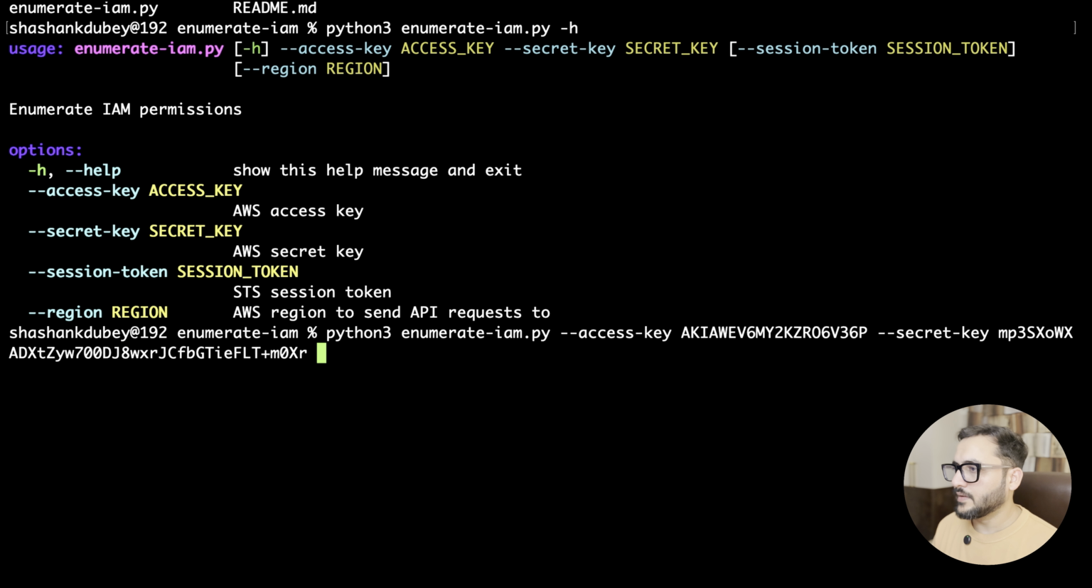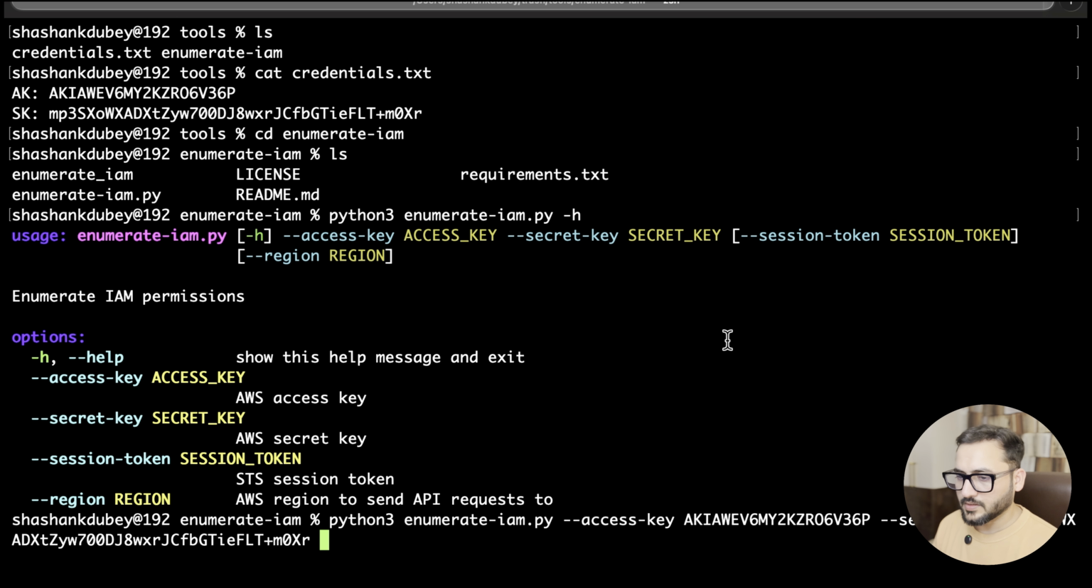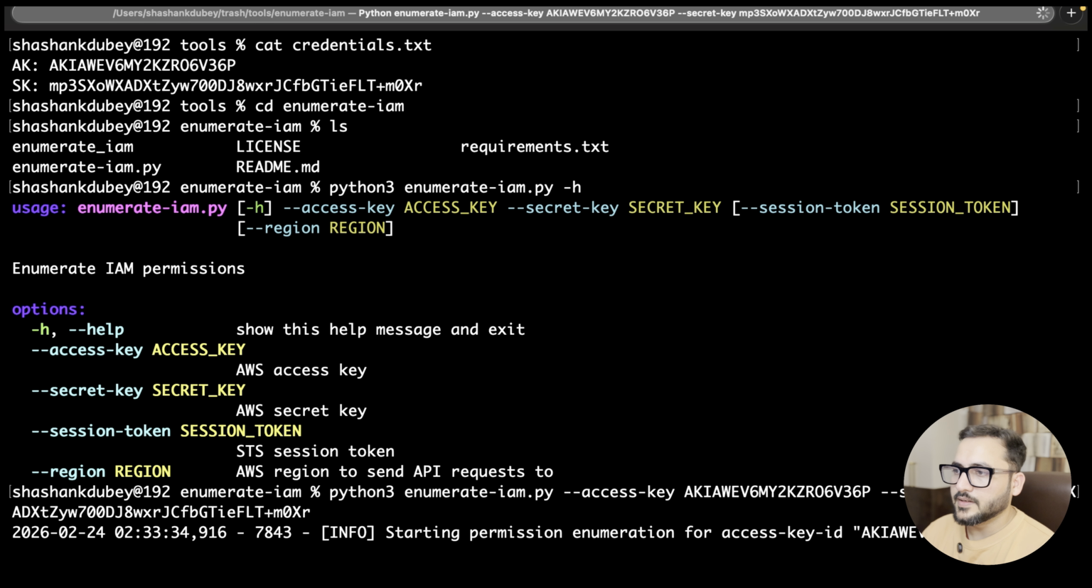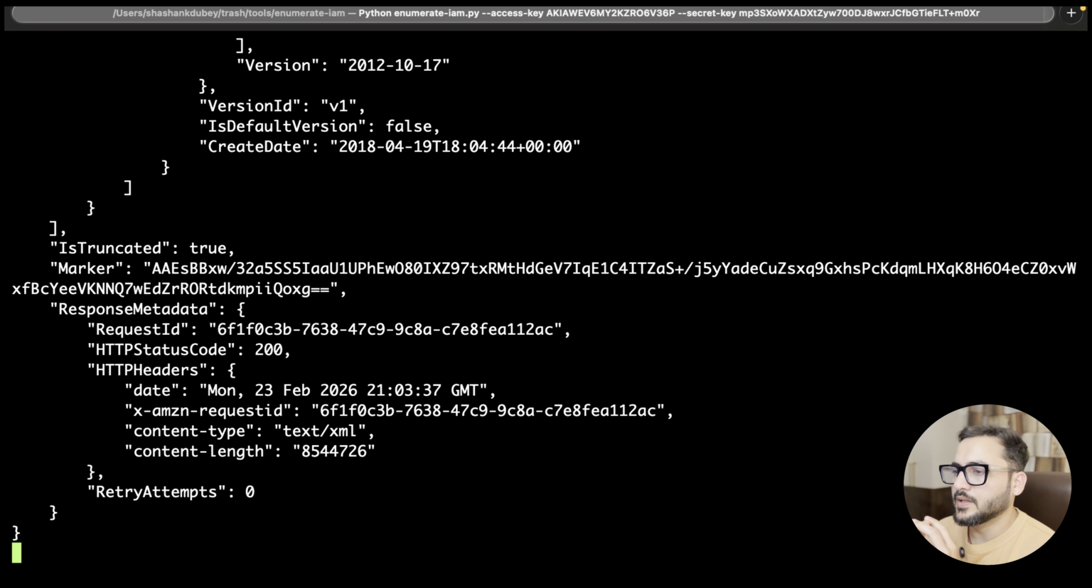And then if you have the session token, you can pass the session token. Otherwise, if it is just access keys and secret keys, add those and hit enter. What it does is it will try all the brute force technique. It will try each and every AWS API call and try to identify whether I have the permissions to perform XYZ operations or not. Wait for a while and you will be able to see all the list of details